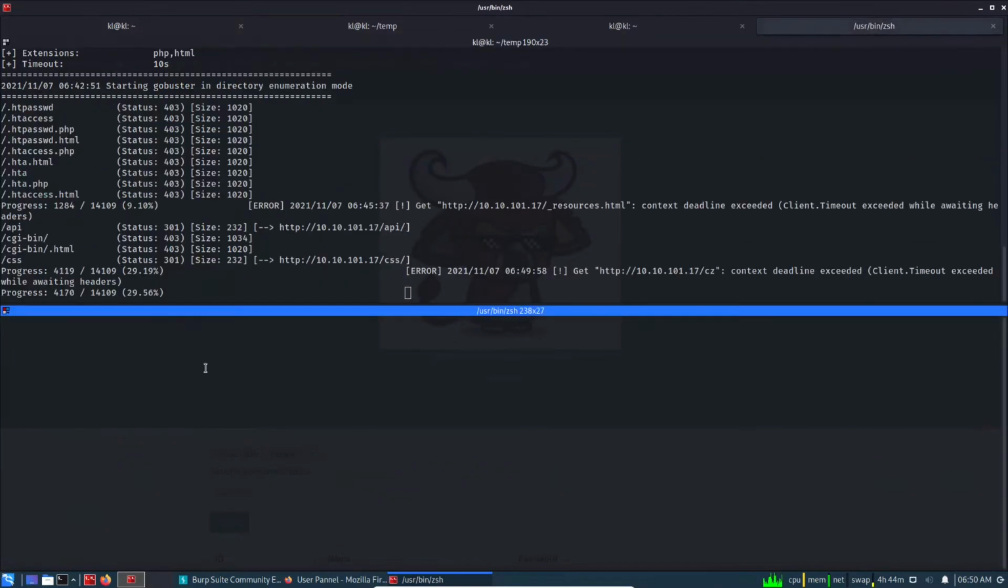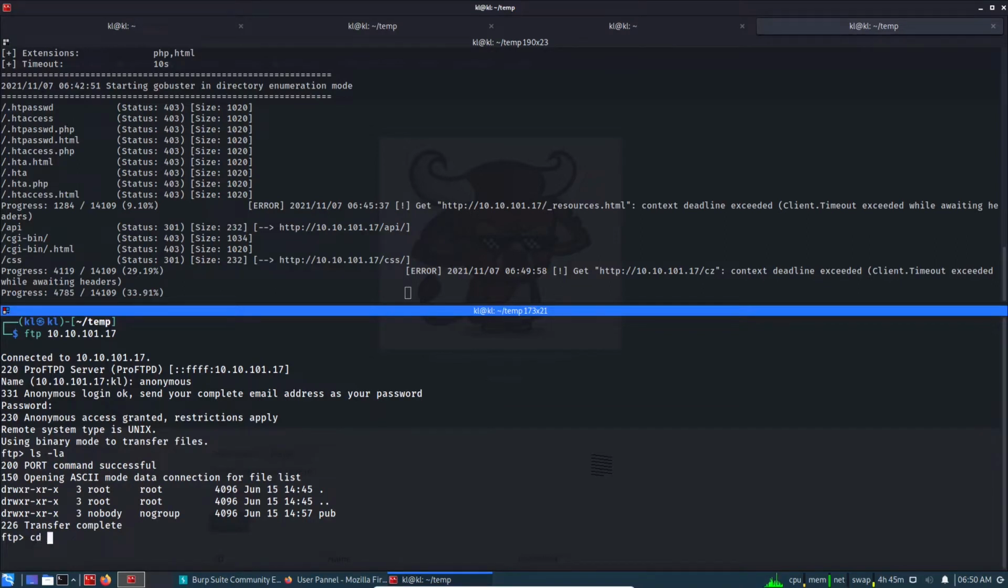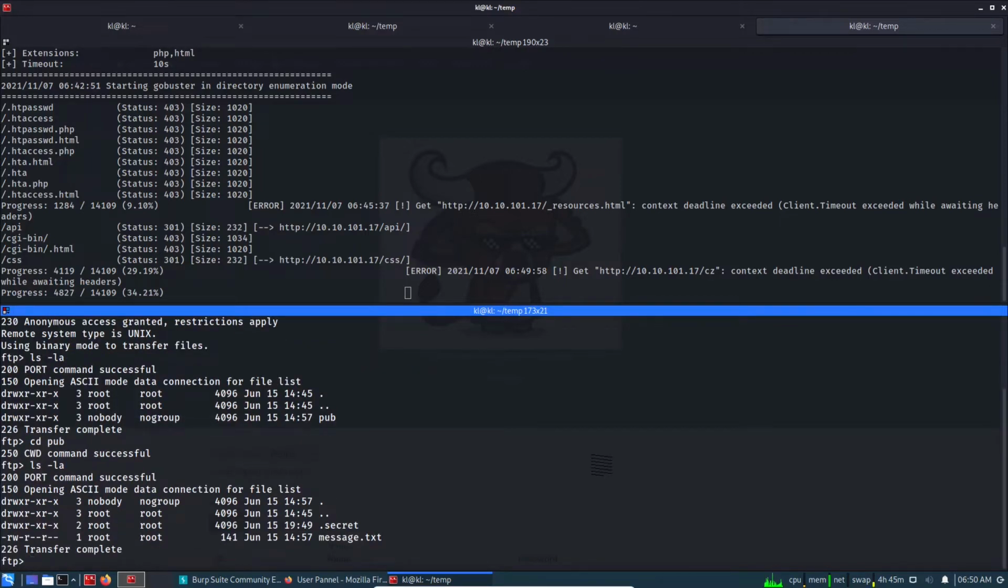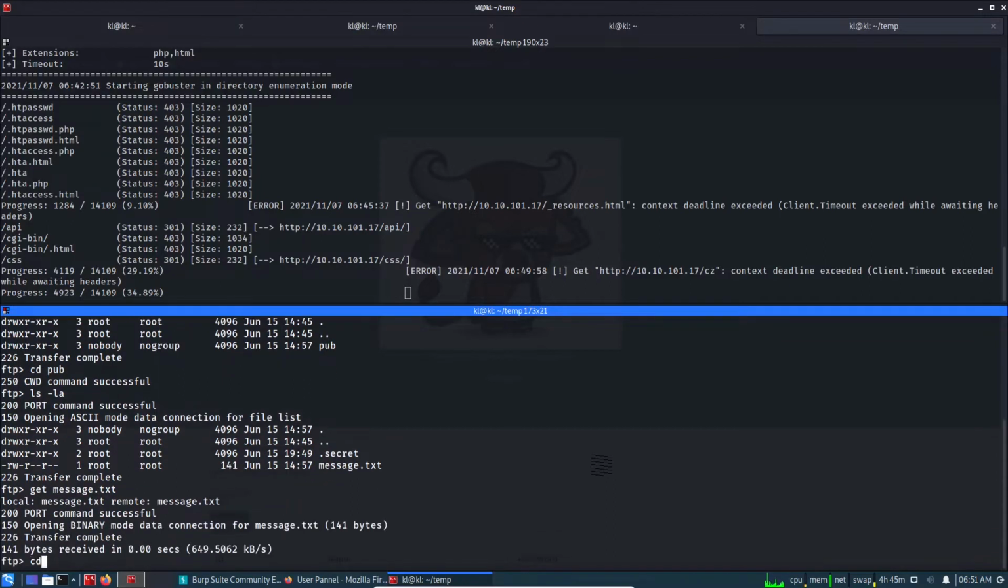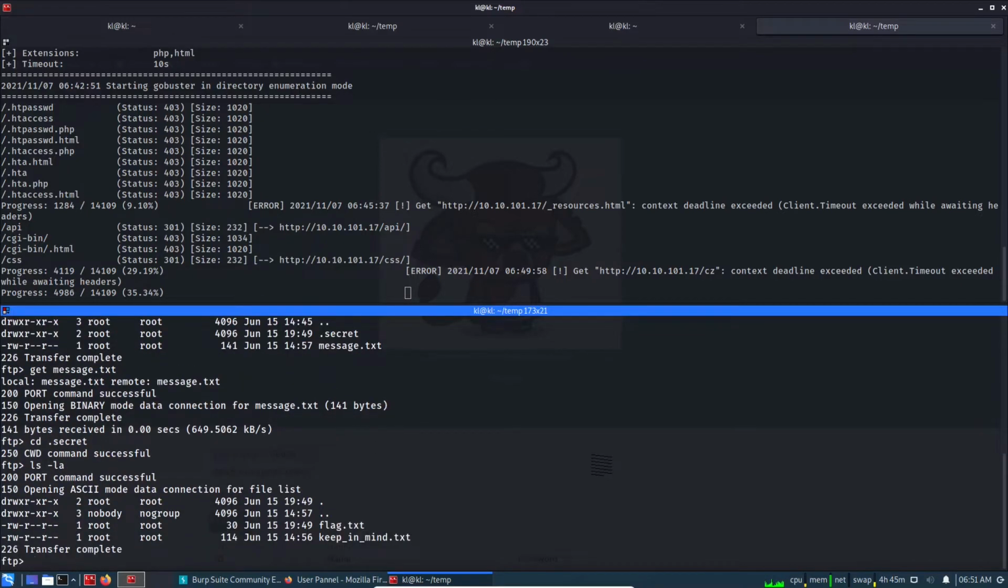and open another window here. FTP, and the username is anonymous, password blank, and ls -la. There is a public directory, cd pub, ls -la, and there is a .secret directory and then message.txt. So let's get the message.txt and cd .secret, ls -la, and this is the first flag,